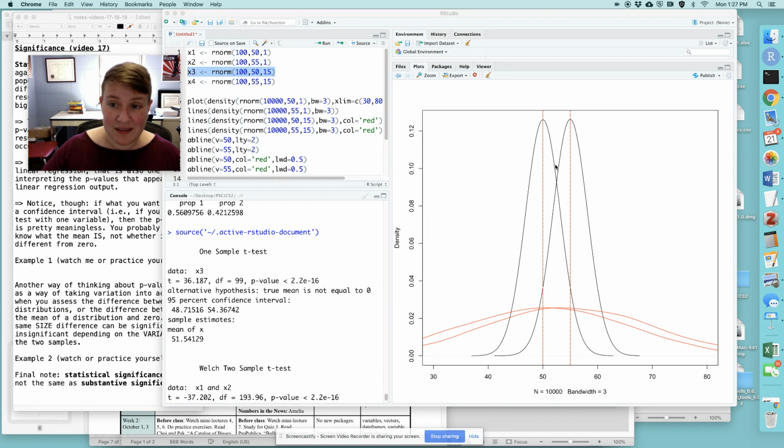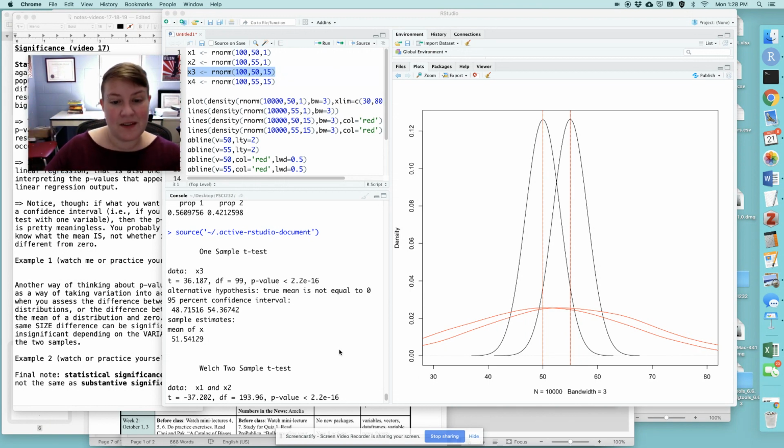Same with this rightward black distribution and this rightward red distribution. So the ones on the left and the ones on the right have the same means. What's different is the spread. The black distributions, as you can see, are much narrower, the red distributions are much wider, and consequently, we find,